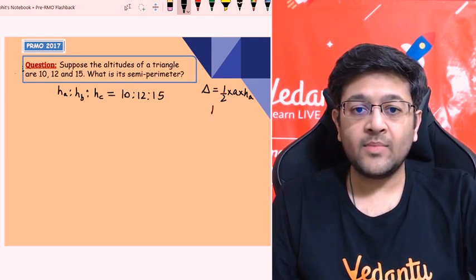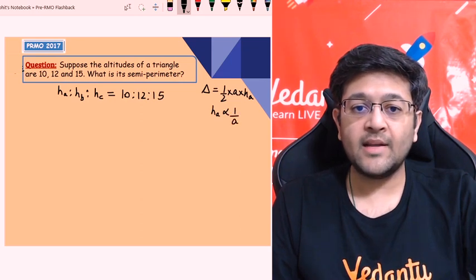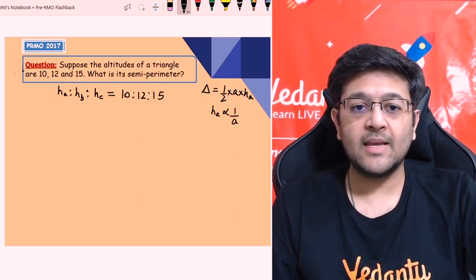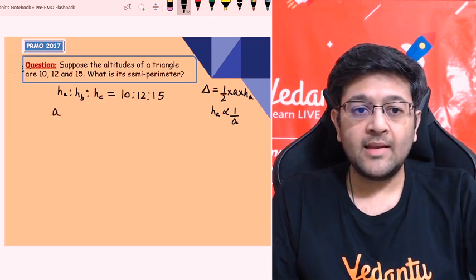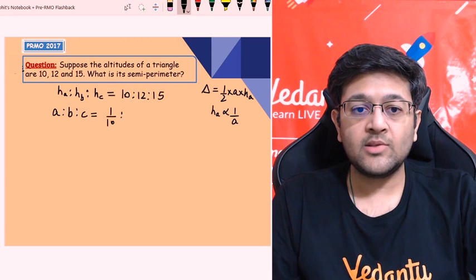So can I say that HA is inversely proportional to A, right? The area of the triangle will remain the same, right? Delta will be the same. So can I say that A is to B is to C will be equal to 1/10 is to 1/12